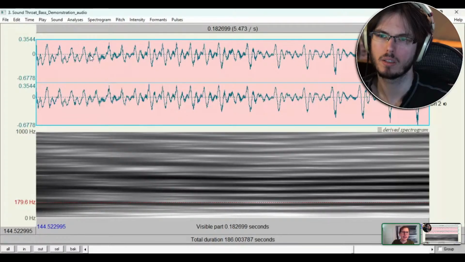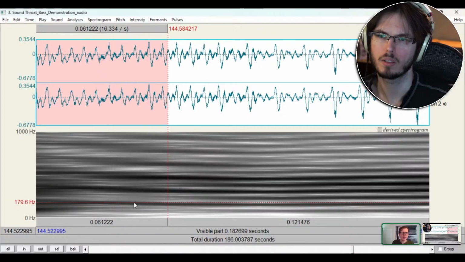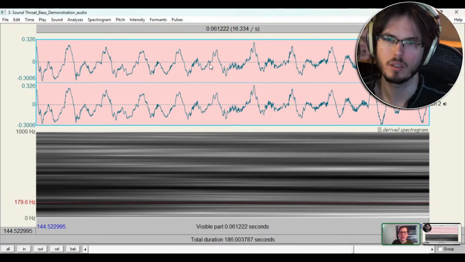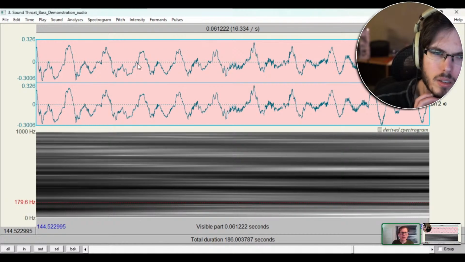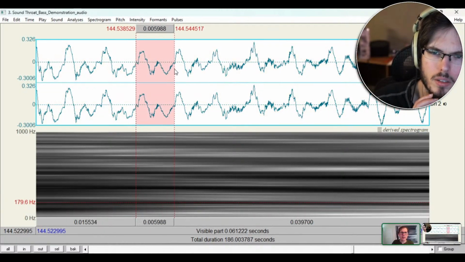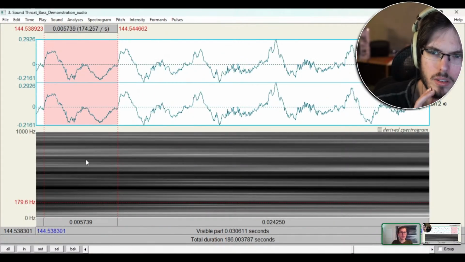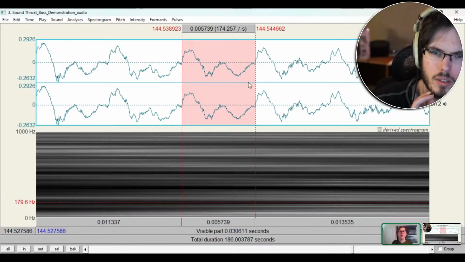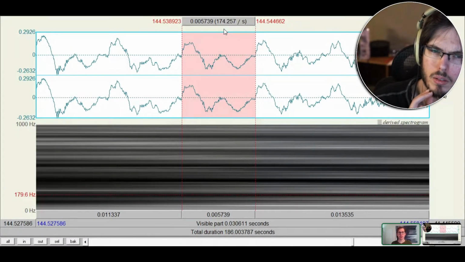I'm just going to focus on the first half here. I can pick a cycle like this one. No, let's do it here. This is a cycle of plain voicing. And I'm actually too far out for that to work. Okay, so same cycle I selected there. The vocal folds are vibrating about 175 cycles per second, which is, by the way, super fast.